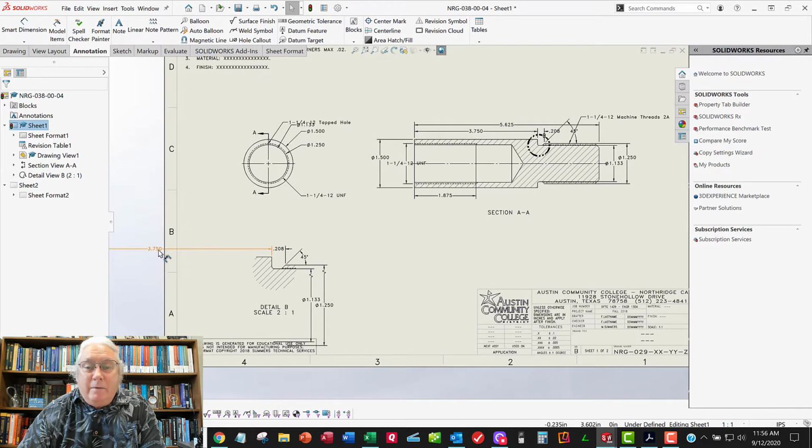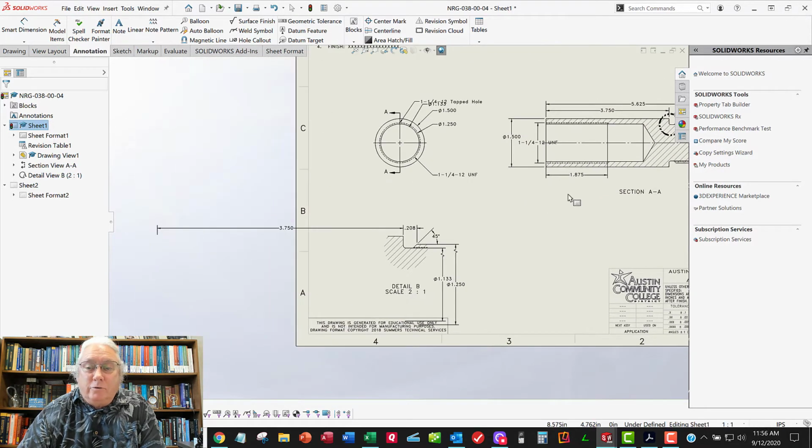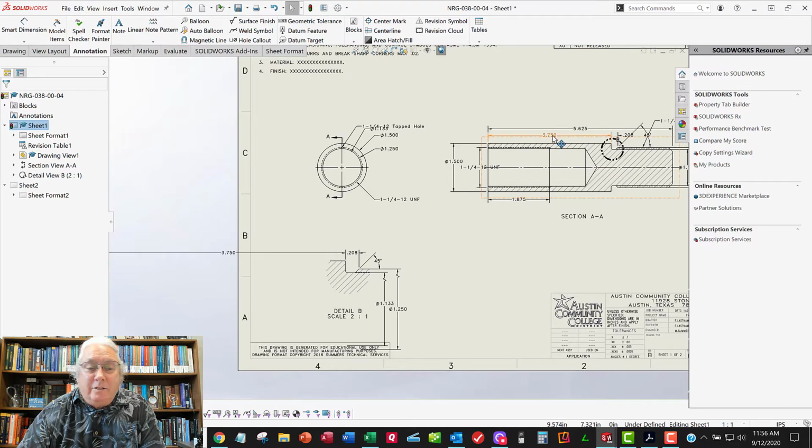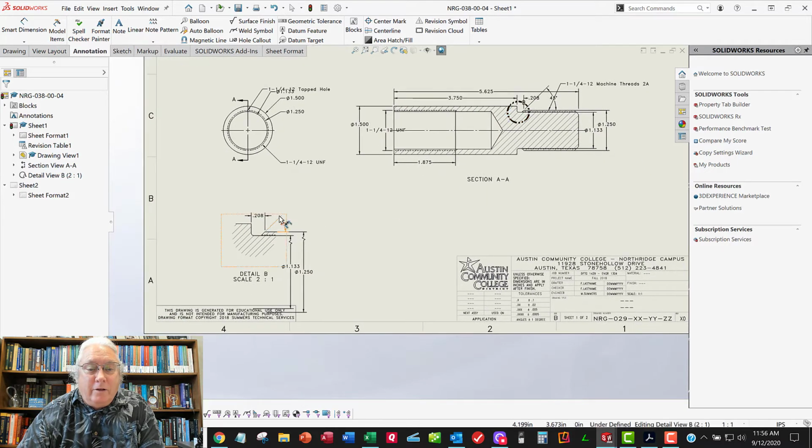And so now the game is to clean up the drawing a little bit. You can see I've got multiple duplicates, and so maybe I should have checked place dimensions in all views, because now I've got to figure out which one I want to keep. That looks good up there, so I'm going to delete this one. The 208 looks good over here. These look good over here. This one I want to have over here, I think, so I want to delete this one. And this one I've already got over here, so maybe I'll leave this one over here and